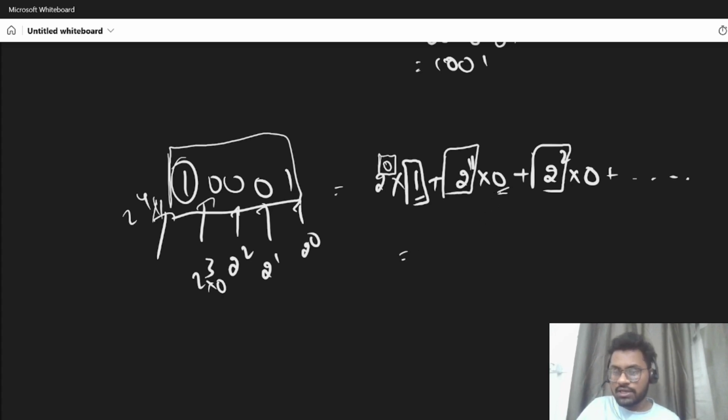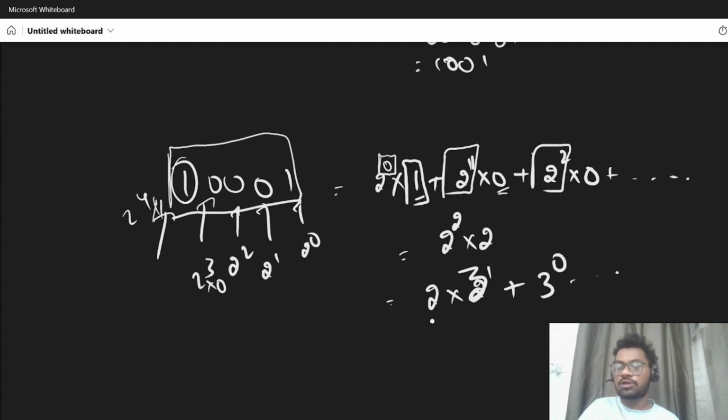We won't be getting a coefficient like 2 power 2 into 2. Either it will be a 0 or it will be a 1. So in the same case, in order to be divisible by 3, they should be distinct powers. So it shouldn't be like 2 into 2 power 1 plus 2 into 3 power 1 plus 3 power 0 and so on, because it should be